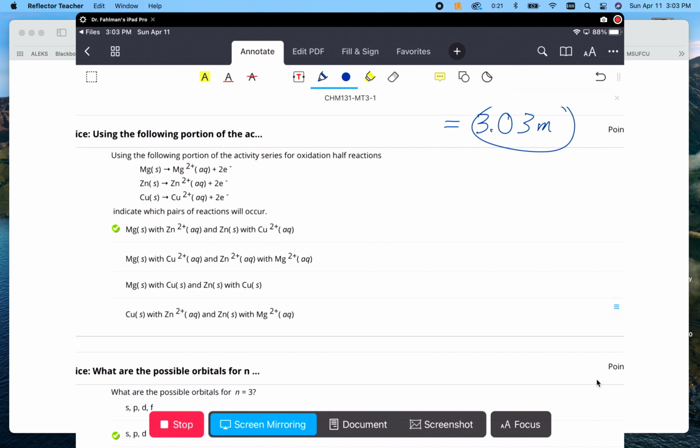Activity series, and so the higher up it is, the more that it is preferred to be oxidized. So that means between magnesium and zinc, magnesium is going to be oxidized because it's higher. And then between zinc and copper, zinc is going to be oxidized because it's higher. Okay, if we look at the other situations,